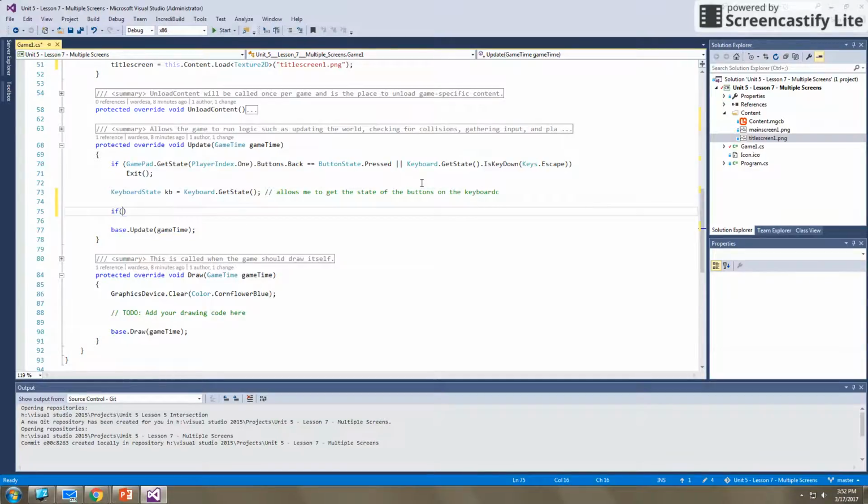Then from here, I'm going to say, okay, if kb.is key down, I want it to be equal to true. Let's think about what keys we could use. Well, we can do keys dot, if you want to use the numpad maybe, numpad 2. So what this will do is it'll allow you to use the 2 on the numpad to actually change items